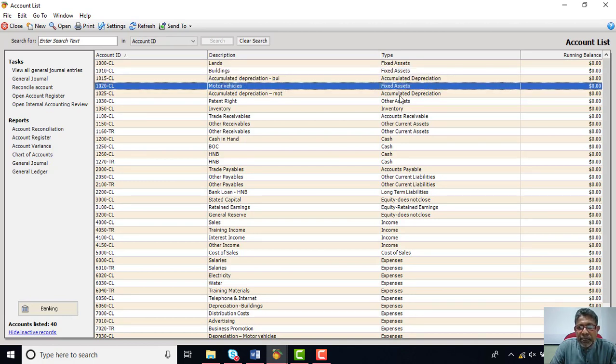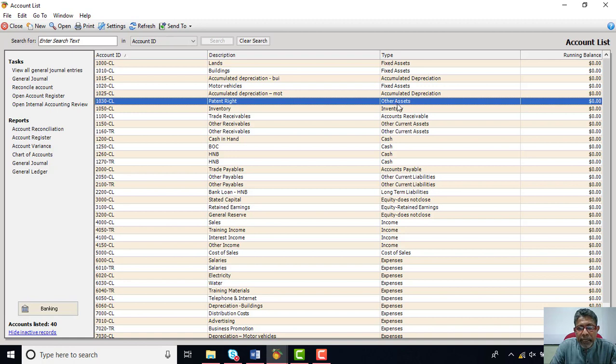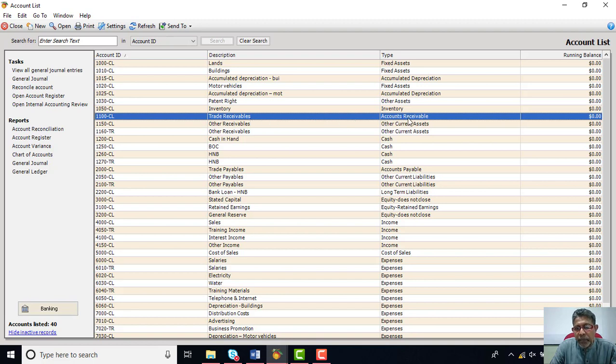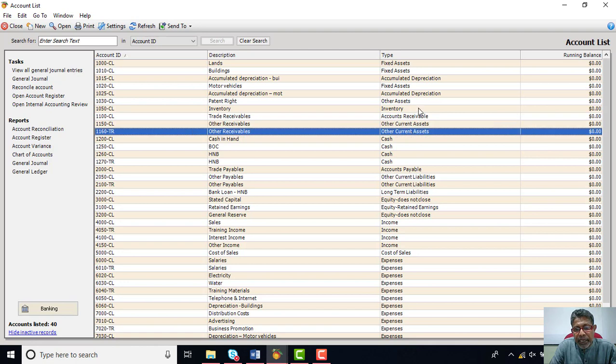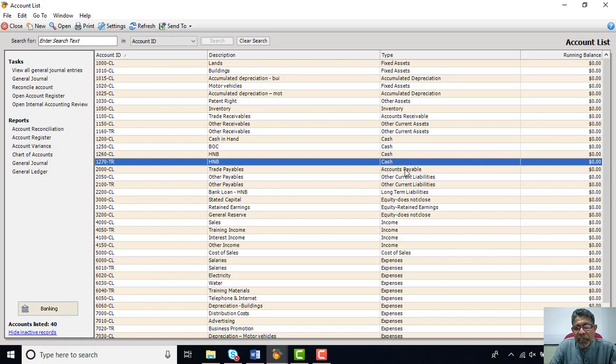Motor vehicle is a fixed asset, and accumulated motor vehicle is again the accumulated type, and the patent, again, is a long-term asset. Inventory comes under the type called inventory. Trade receivables also come under the type called trade receivable, and you can also see the other receivable highlighted like other current assets. Then cash in hand, BOC, HNB, two accounts for two different departments, come as cash accounts.